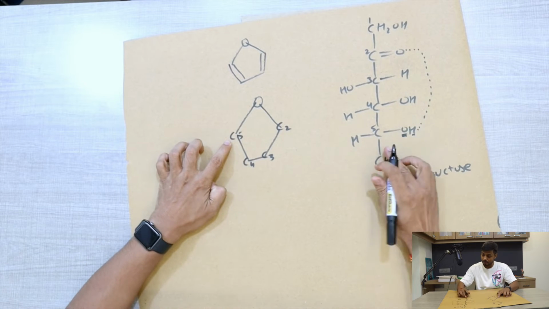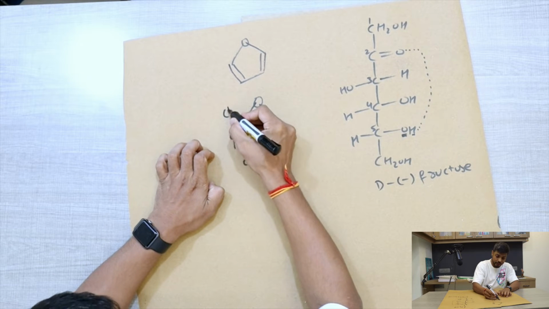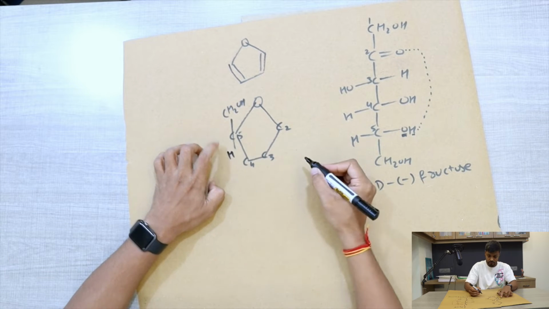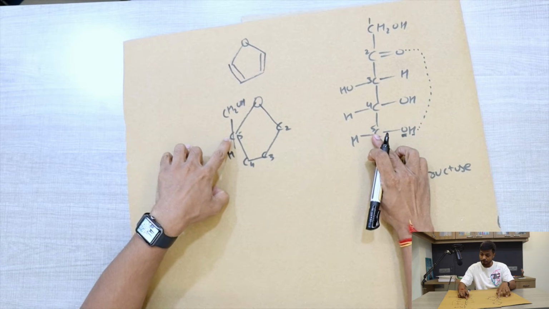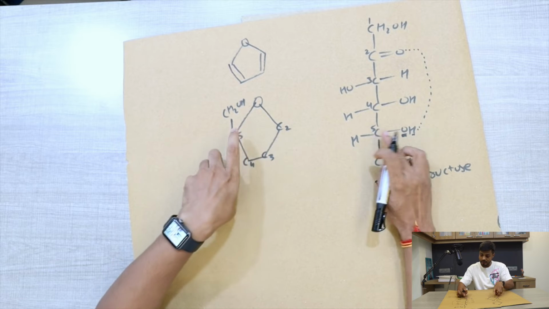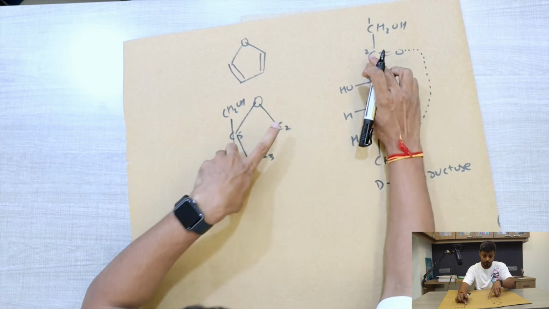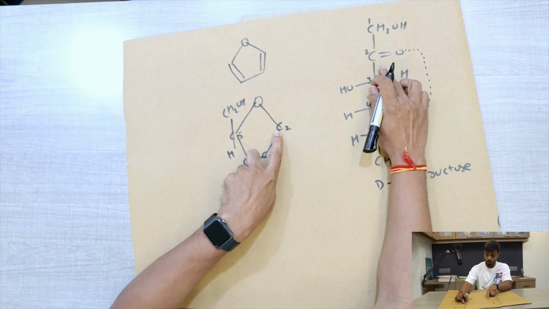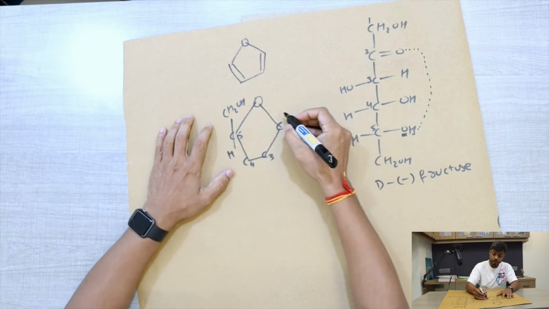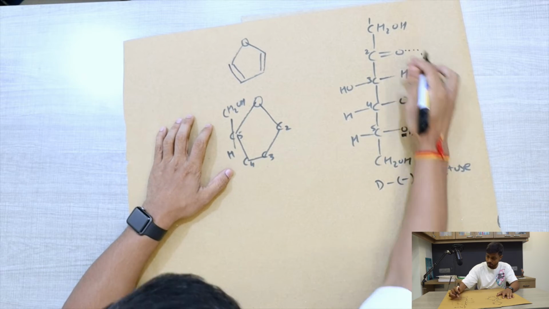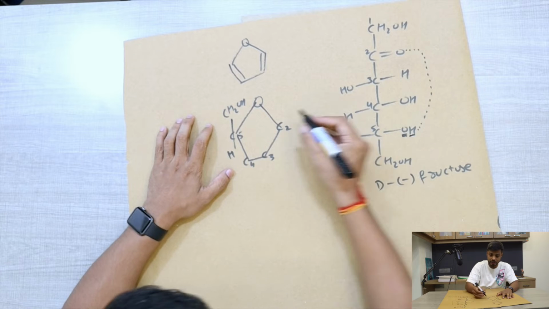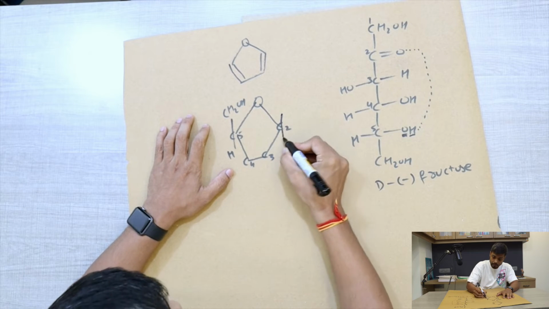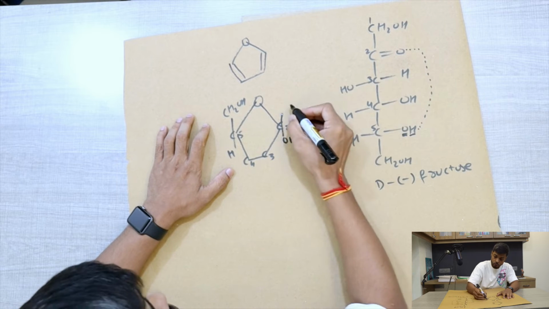Okay, carbon number 5, CH2OH is always in the up position, that makes H on the downside. Now this carbon number 5 and carbon number 2 are connected via this oxygen. At carbon number 2, if this OH group which is forming over here with this hydrogen is on the right hand side, we'll draw it downward, OH, and this CH2OH will be up.